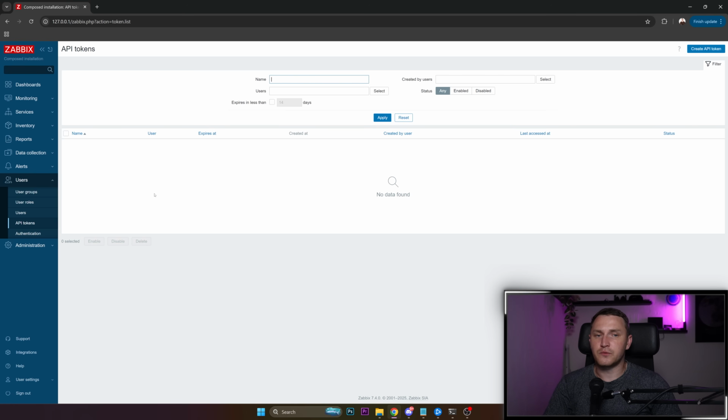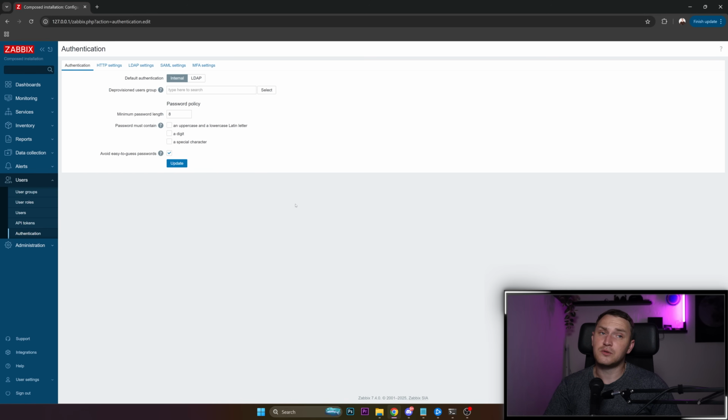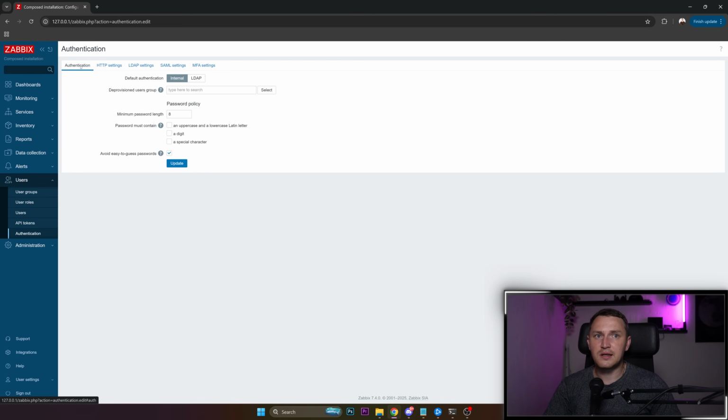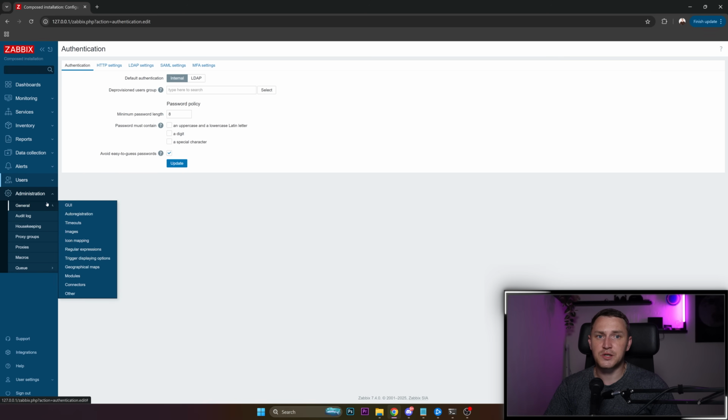API tokens, well, for API access, right? You just create tokens here, and authentication is the general settings of how you allow authentication to your ZABBIX frontend, where it's going to be through HTTP or LDAP or SAML settings, or you want to enable MFA as example. All of the configuration is done here. Then the last part is administration. Under the general, I would say that you can find here everything that did not have a good place in